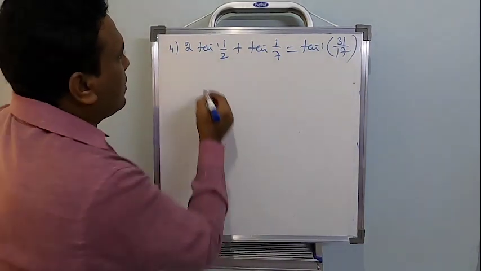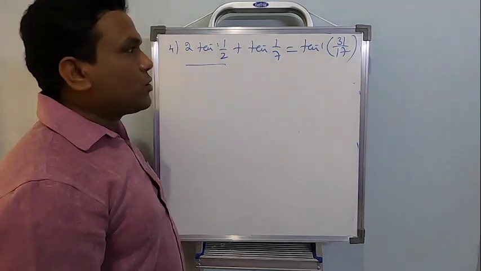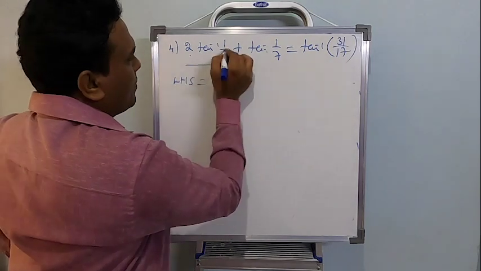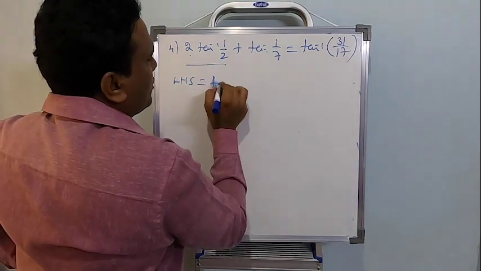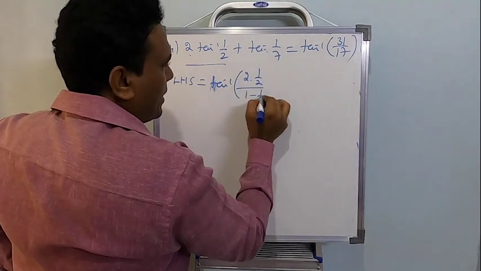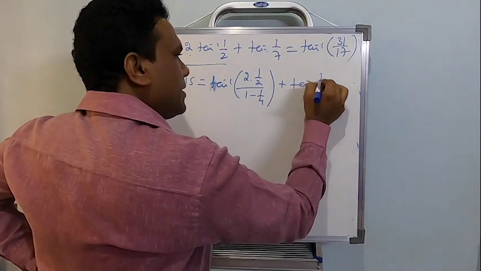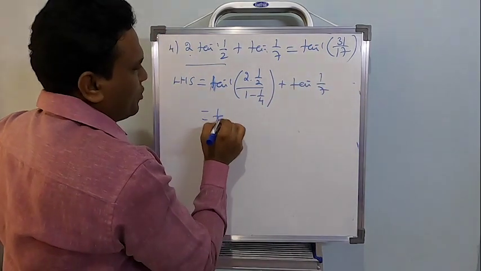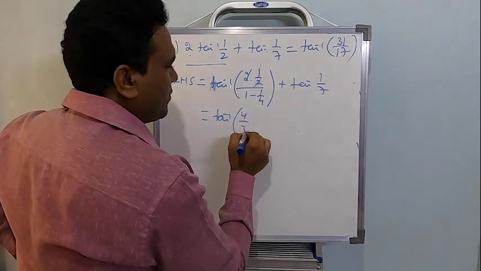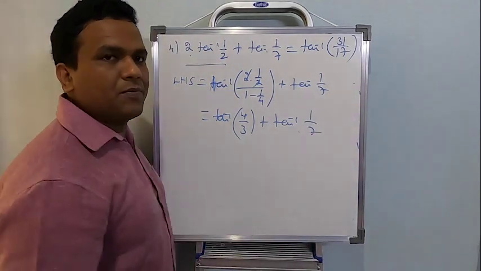Now look at that. The first term is something called 2 tan inverse x, so don't directly apply tan inverse x plus tan inverse y. Start with the LHS and apply the formula 2 tan inverse x equals tan inverse of 2x by 1 minus x square, plus tan inverse 1 by 7, retain. So let's go for it. Tan inverse, I can eliminate this. This will become tan inverse 4 by 3 plus the next thing, tan inverse 1 by 7.